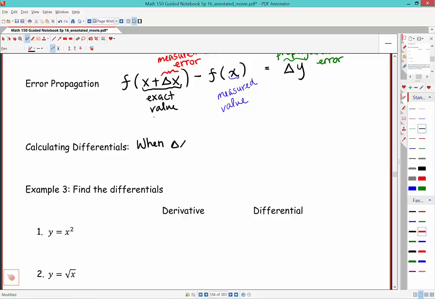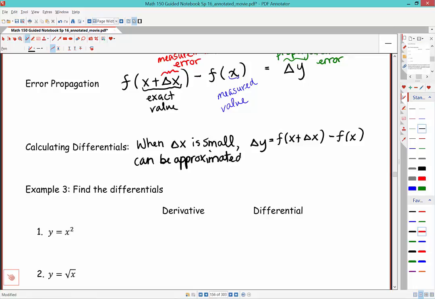So when delta x is small, then the actual change in y, which is exactly equal to f at x plus delta x minus f at x, can be approximated